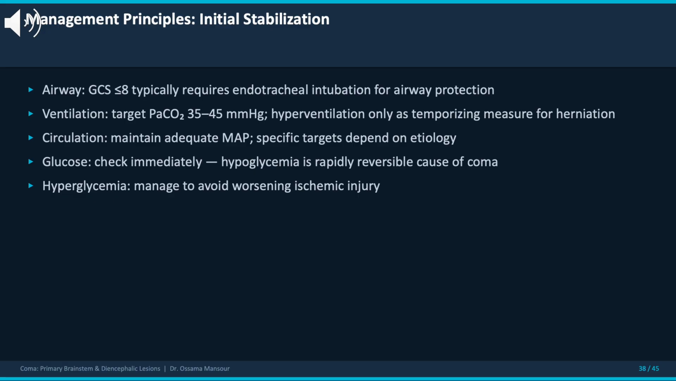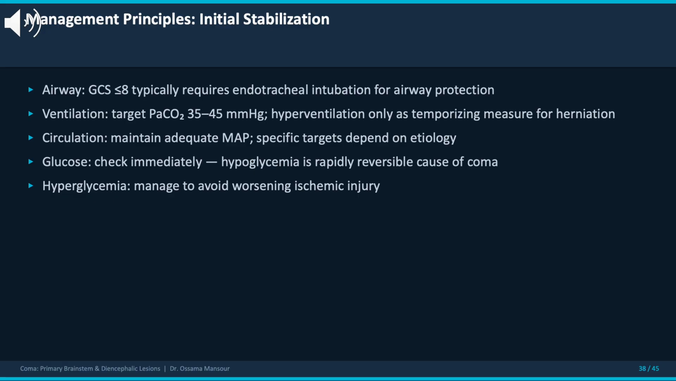For example, in basilar artery occlusion, permissive hypertension may be appropriate to maintain collateral perfusion, while in intracerebral hemorrhage, blood pressure lowering may be indicated to prevent hematoma expansion. Glucose should be checked immediately and corrected if abnormal. Hypoglycemia is a rapidly reversible cause of coma that must not be missed, and hyperglycemia should be managed to avoid